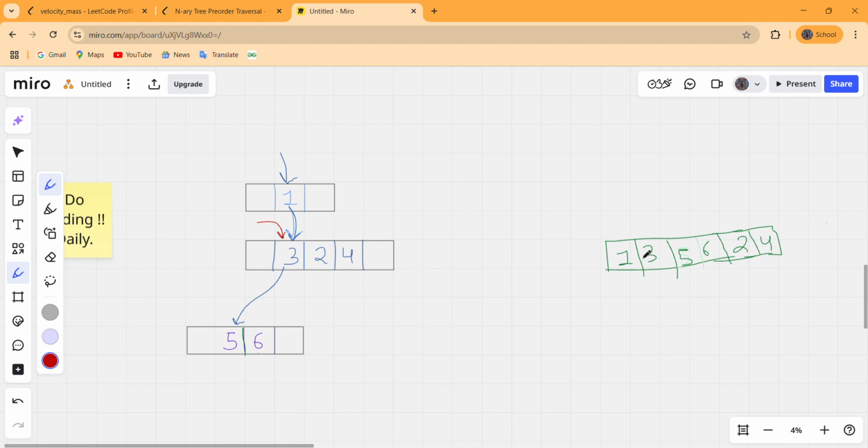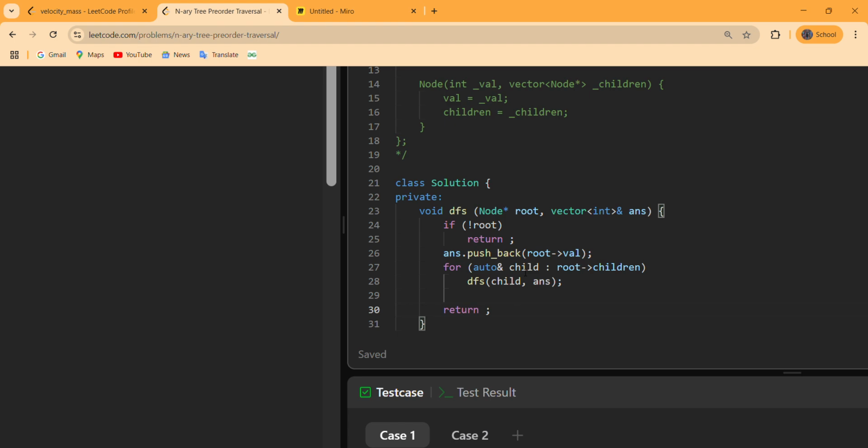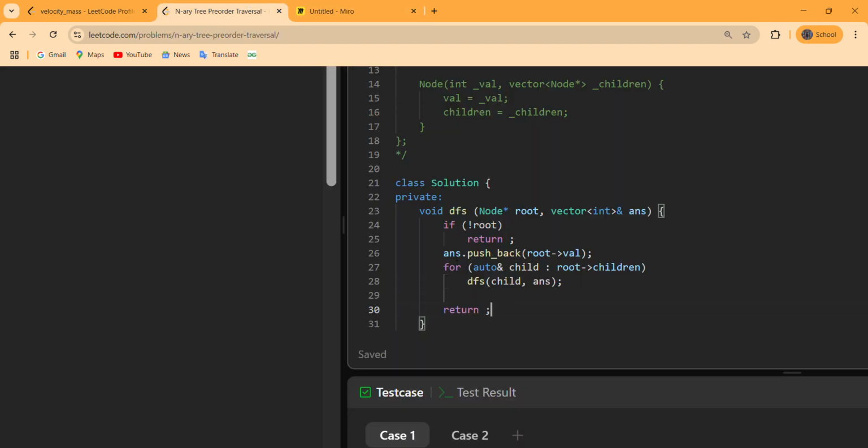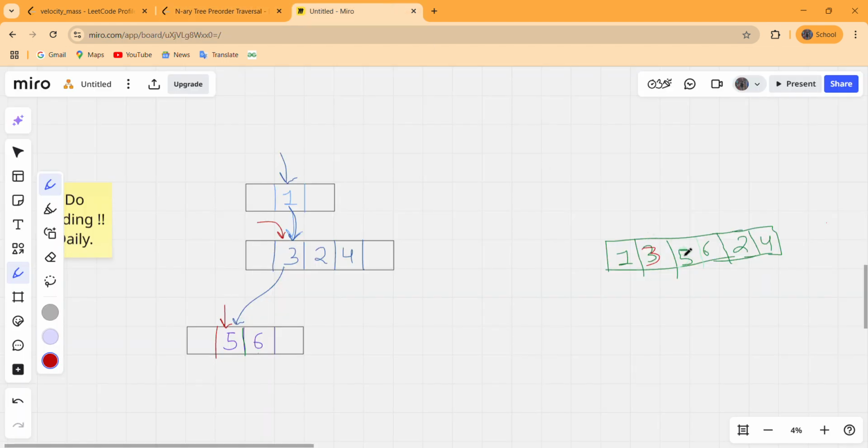We push 3 inside our answer, and then run a loop for every child, and this root dot children now points to this, so the counter goes to this 5. The DFS call for this 5 will be called, and it checks if it is null or not. No, it is not null, so this 5 will be pushed.